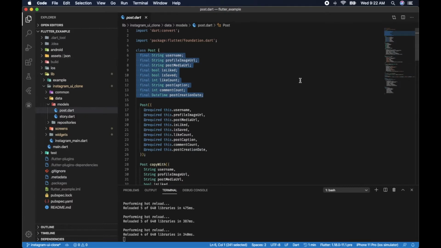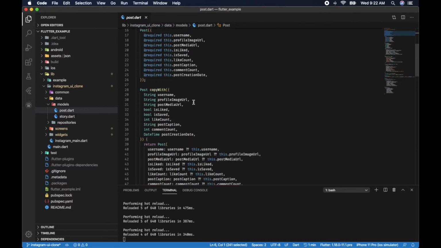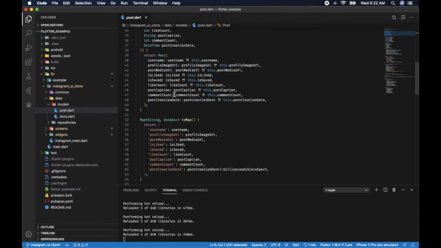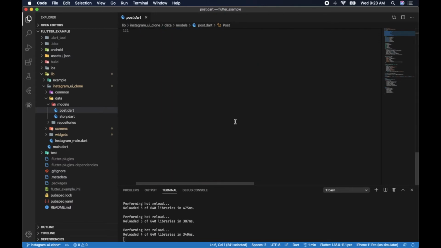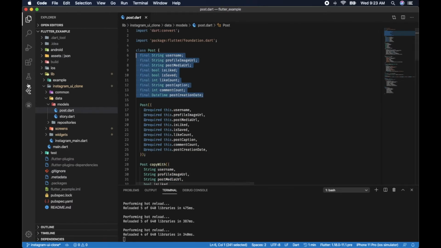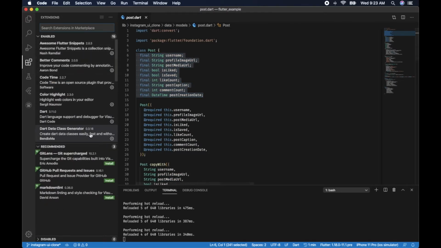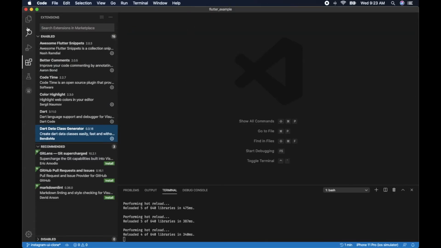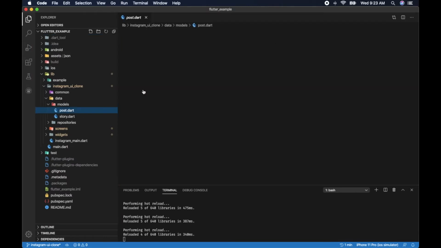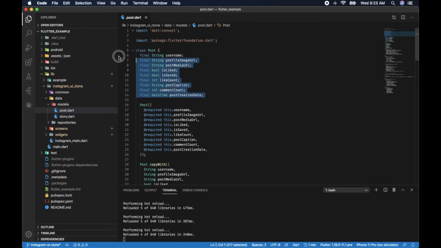These are very self-explanatory. What I did was add some methods like copyWith, toMap, all that is required for a data class. You can write all the code by yourself, or you can use a simple extension called Data Class Generator. Once you have created the model, you can go to the post. If I have only created this much, then if I go over here and press command dot,